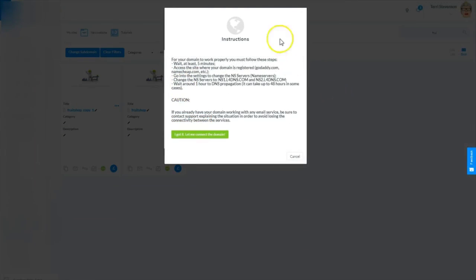That brings up the instructions for connecting this website to the name servers. Now, if you bought your domain name through Builderall, this will already be done for you. But if you purchased your domain name somewhere else, like GoDaddy or HostGator, pay close attention to this information, because what you're going to have to do is go to that account and change the name servers to point to this